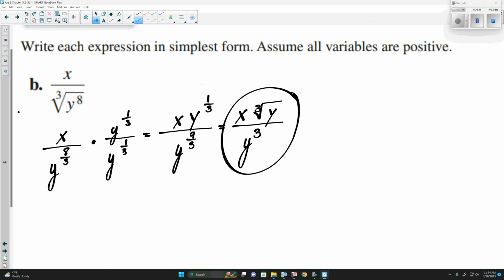So x over the cubed root of y to the 8th in simpler form, or in simplest form, is x times the cubed root of y over y cubed. Questions on any of this here? Now we'll finish this up